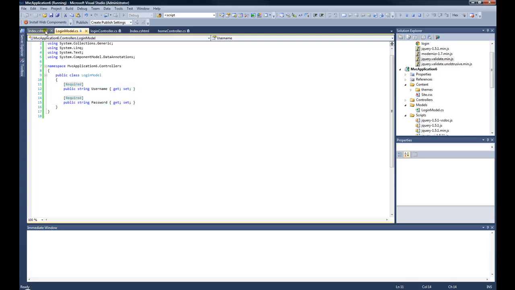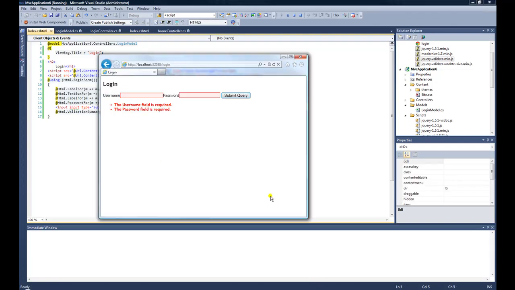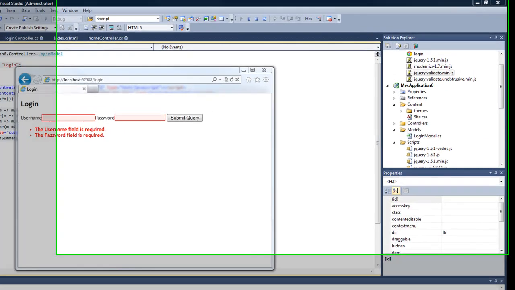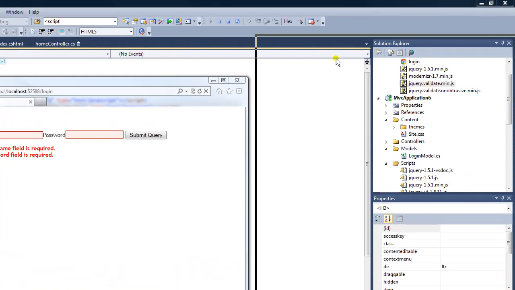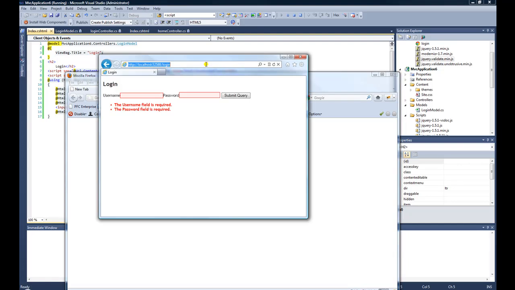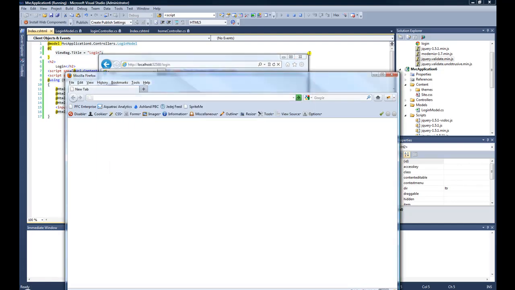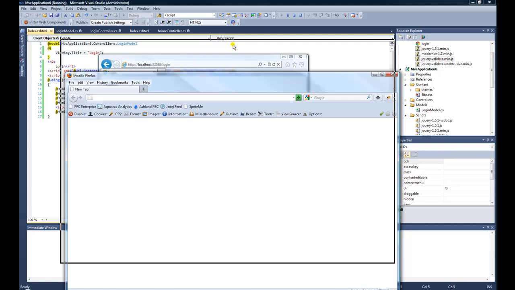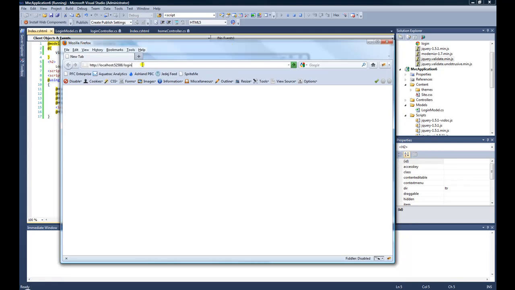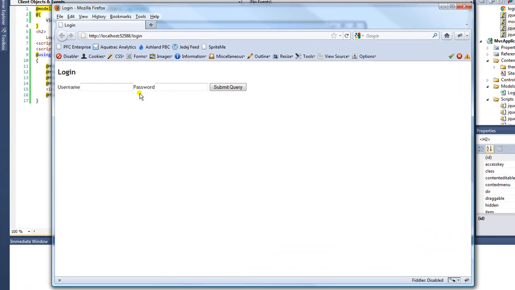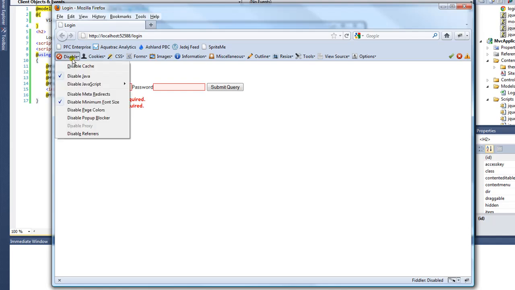What's neat about the MVC and Razor View is with the model data annotations, they're required here, and there's a bunch of other data annotations that we won't go into. But what's really cool about it is if we disable JavaScript on the browser, I'm going to use Firefox so I can easily disable JavaScript. Here I'm going to go to the same site in Firefox, and I'm going to submit the query. We see the client validation is fired off. But if I disable JavaScript,